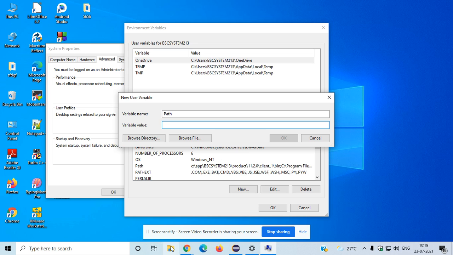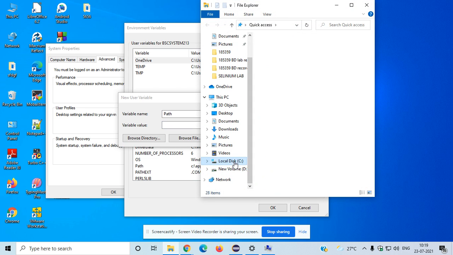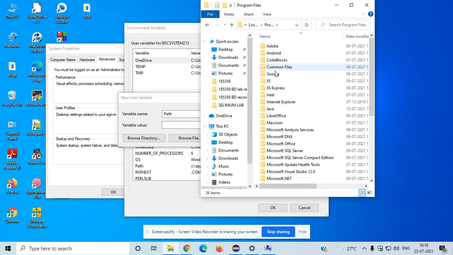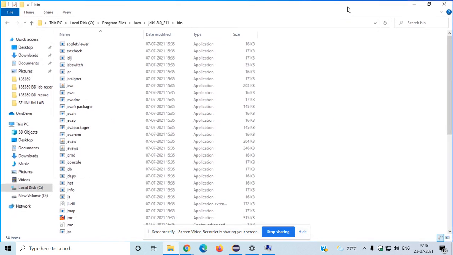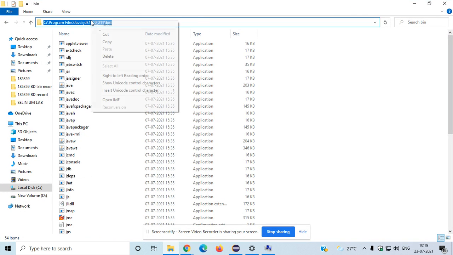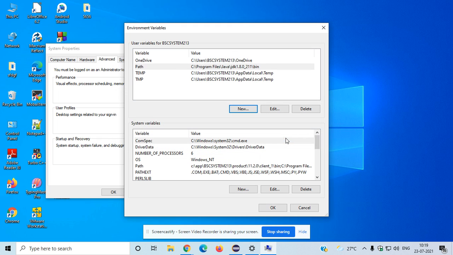Where is the path? You can go directly to your drive, C, Program Files, Java, JDK, bin. You need to select the entire path here, right click, copy, paste here, click on OK.